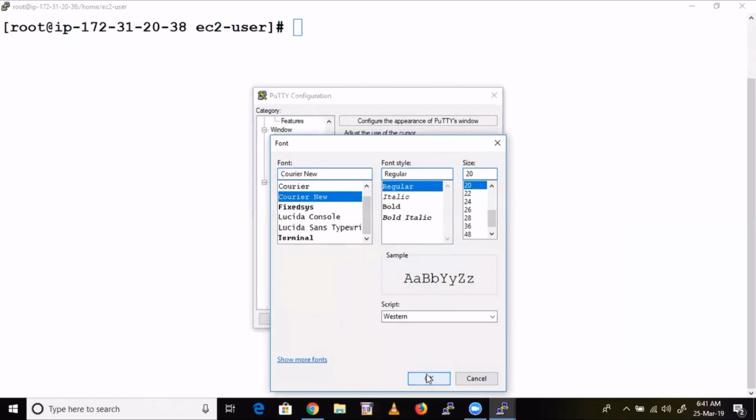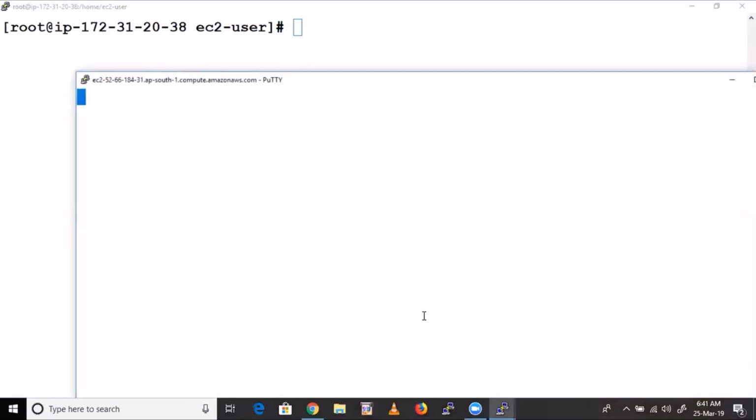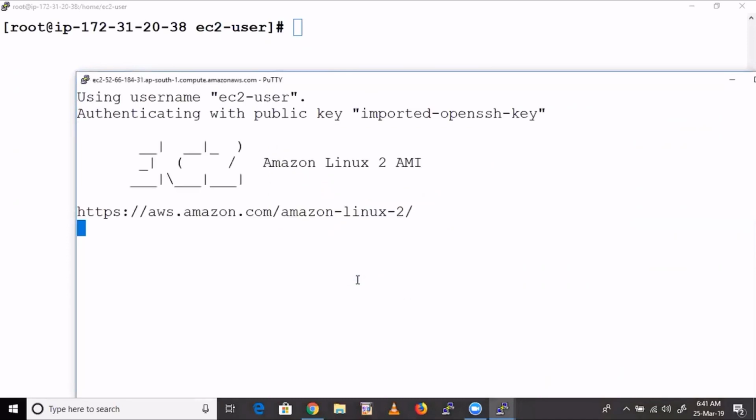I'll make it regular. So black one is my server, white and bold is my node 1, white and regular is my node 2.